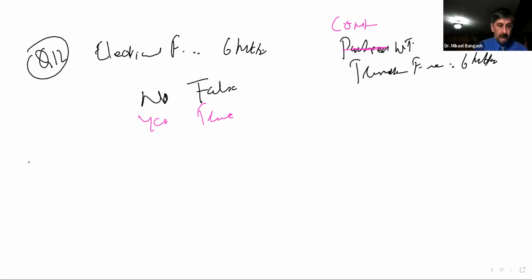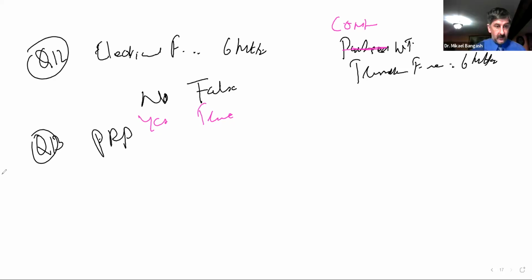Question 13. Now, if the pulse repetition frequency of a transducer increased, then the frequency of the sound produced by the transducer will remain the same. So the question says, if we increase the pulse repetition frequency of a transducer, and here it is for a pulsed wave transducer,